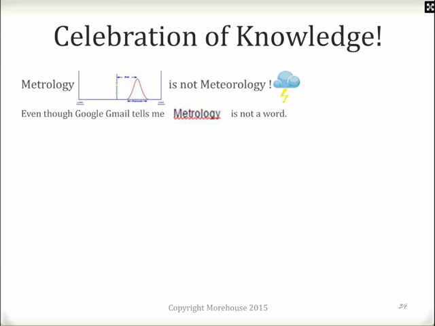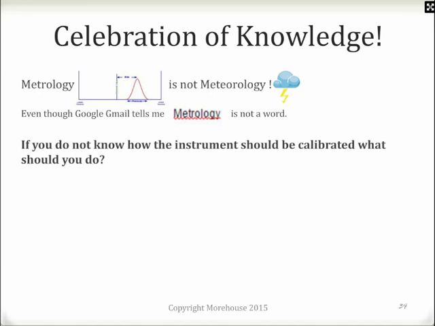This one I put in there for my own sake because metrology is not meteorology, even though Gmail tells me metrology is not a word. Anyone using Gmail hopefully gets a little chuckle about that. Going back and forth with NIST and some other agencies, I type in metrology, and it wants to autocorrect to meteorology. In fact, I sent an email out once to NIST, and they asked me how the weather was the next time I called them, so I get a bit of a chuckle out of that.